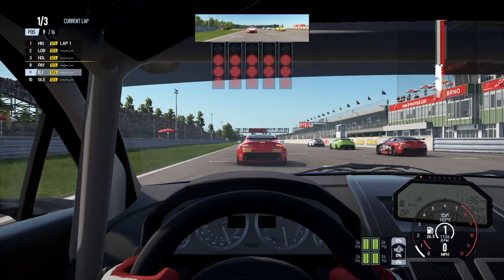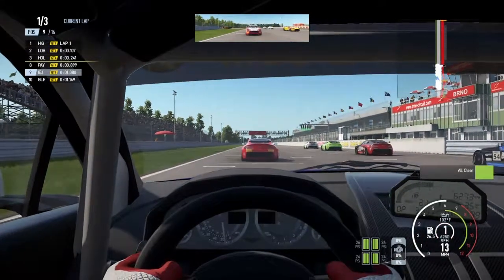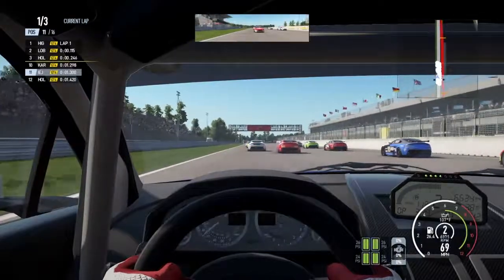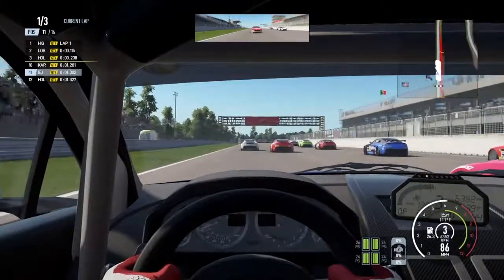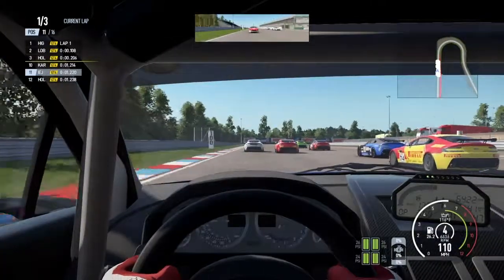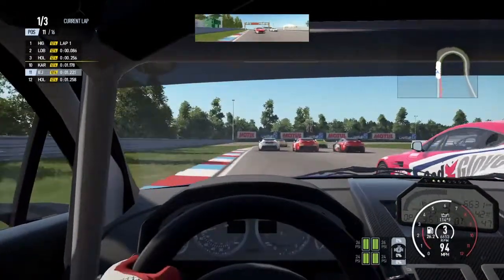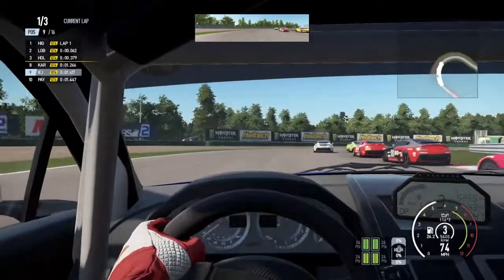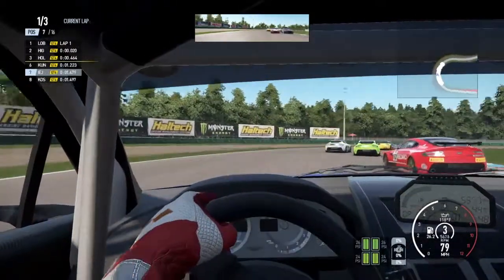So, starting in the middle of the pack as always in 9th, and I really haven't got my start sorted in this game. Very slow start. I've moved down to 11th already as we come down to this very long right-hander here in Brno, the famous circuit from the Czech Republic. And cars coming down the inside of me. I'm down to 11th, but there's an opportunity to go around the outside here, which I do, make up lots